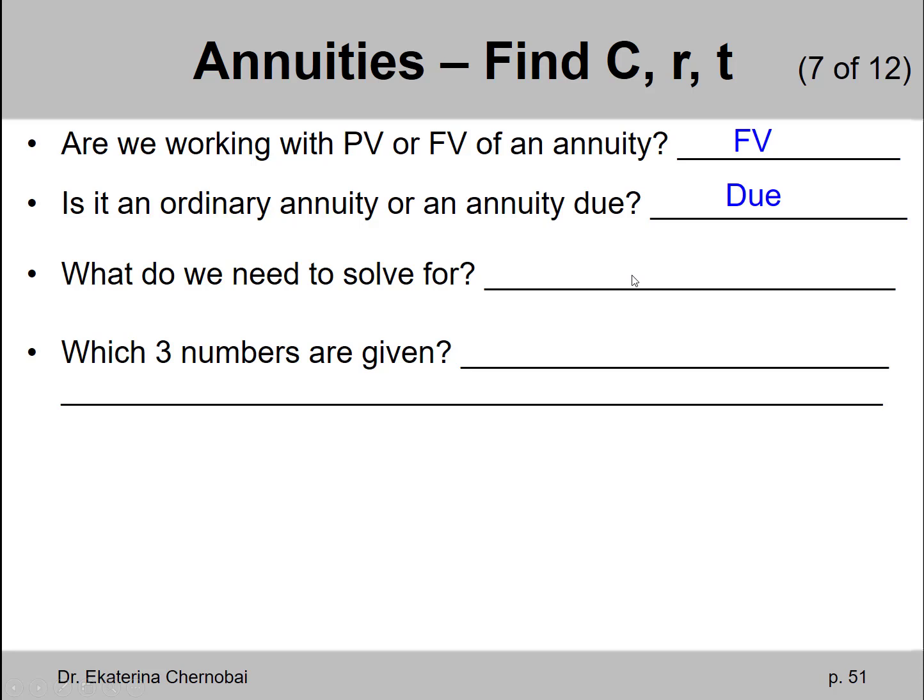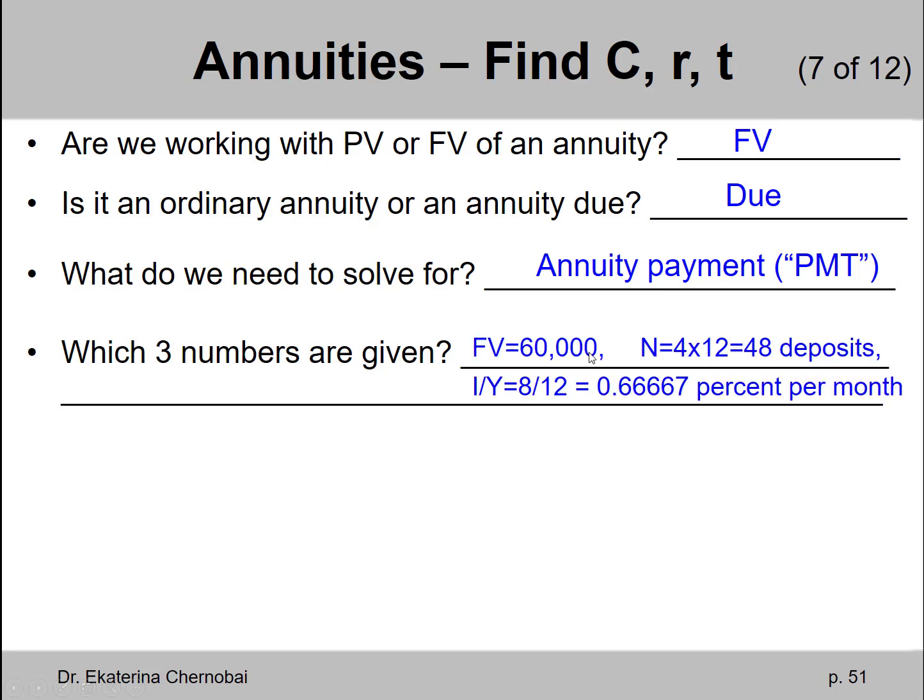We need to solve for the amount of monthly deposit. That's the annuity payment, PMT in the financial calculator, or in the formula, that's capital C. Which 3 numbers are given? We already know that we are given the future value, and 2 more are how many deposits and the interest rate